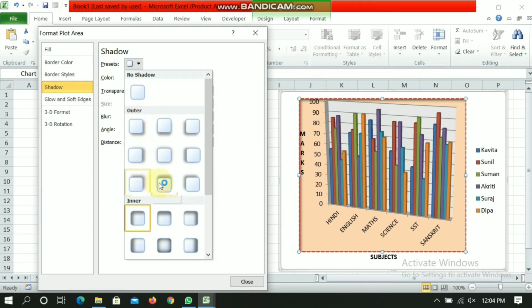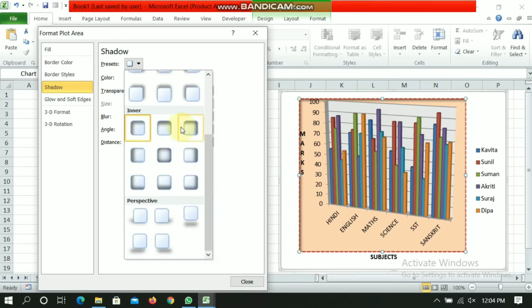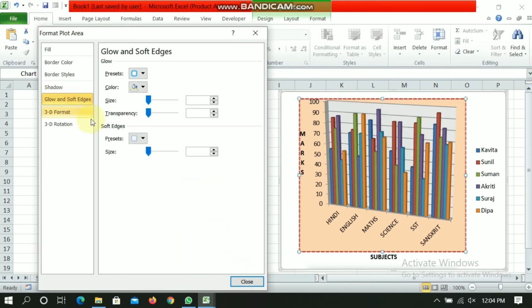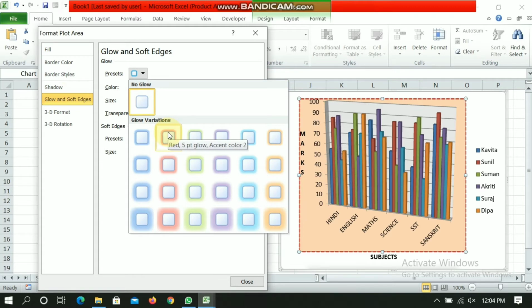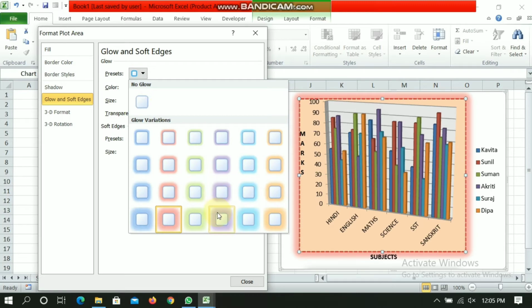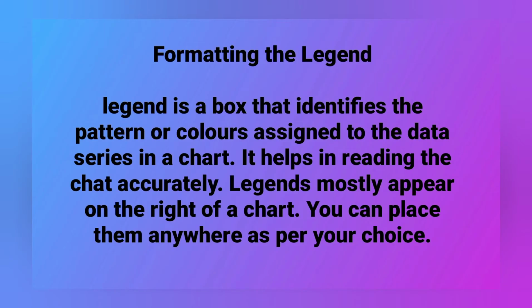If you want outer shadow, you can click on any one of these, and if you want inner shadow, then you can just click on these. If you want perspective like this, and if you want glow or soft edges, then you just use this one and change color as well.